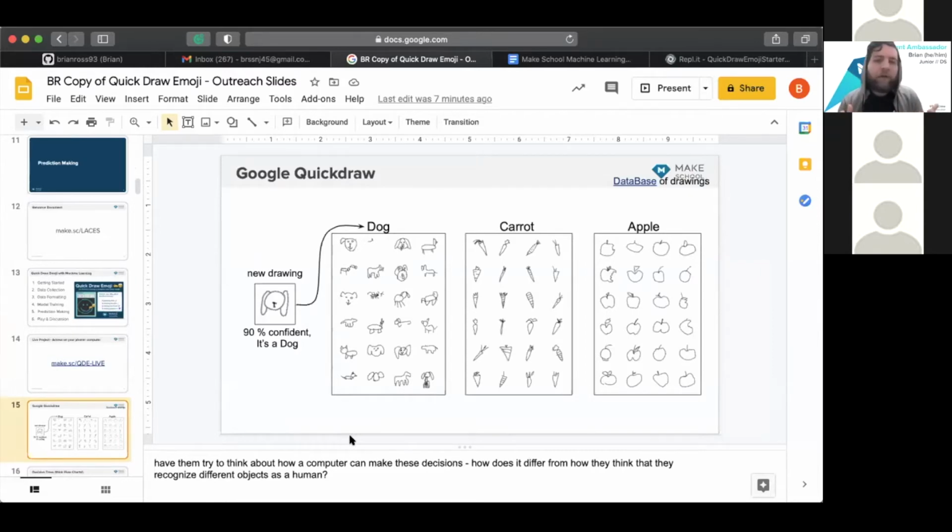When the machine learning model is trying to figure out what's going on, we give it all these different pictures. I mean, look at the carrots. Not one of these carrots looks the same. Neither do the apples, neither do the dogs. In fact, some of the dogs don't even look like dogs. They look like horses or sea lions or something like that. Or look at this one all the way at the bottom, one over from the left. It's like three eggs or something. Like a Pokemon.